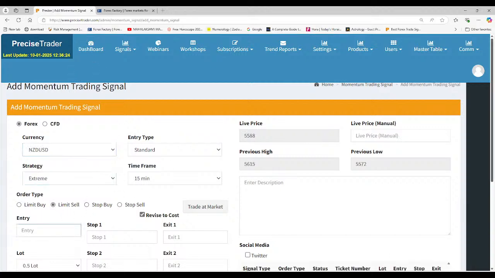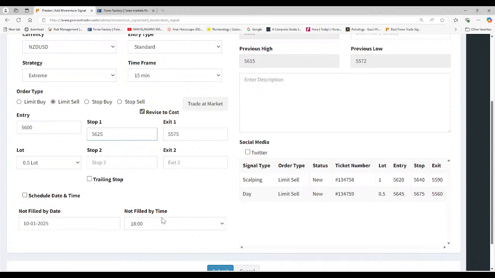Sell 5600, and I don't want to get stopped out. So then 55.75. Okay, this one we will put it as 25. So it's 1:1 risk, and this expiry we give until 4